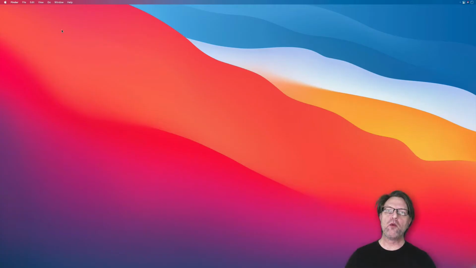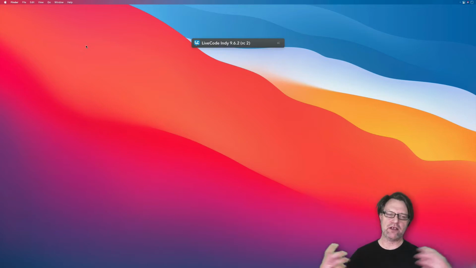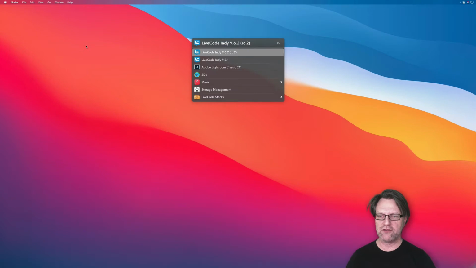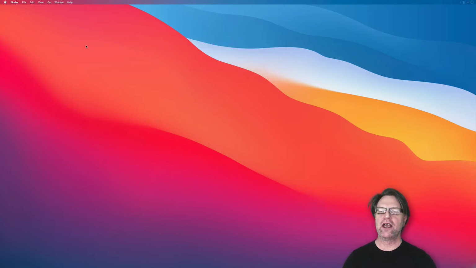So now when we have installed LiveCode, we can actually start using it. You just need to double click the LiveCode installation, or you can use any kind of system. I have a system called Launchbar, and then I can just type LiveCode like this, and it will find the version, and then I will hit return,